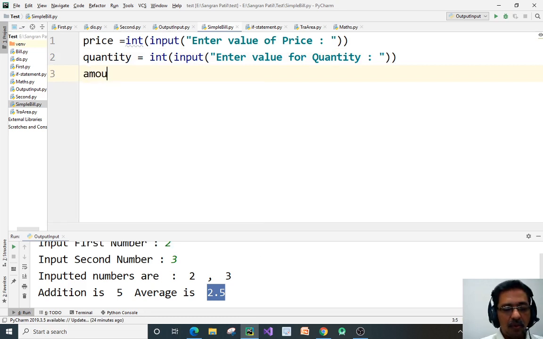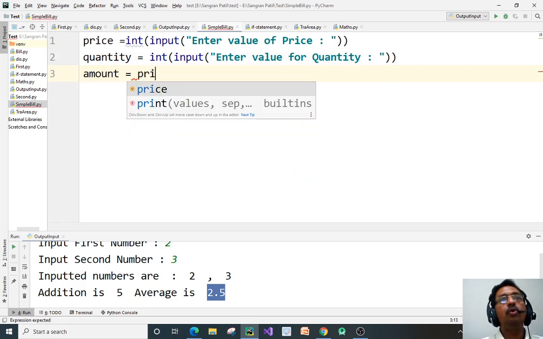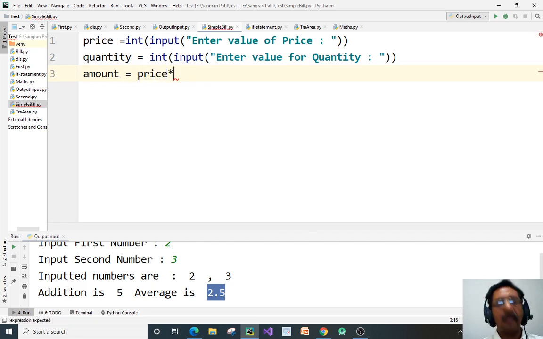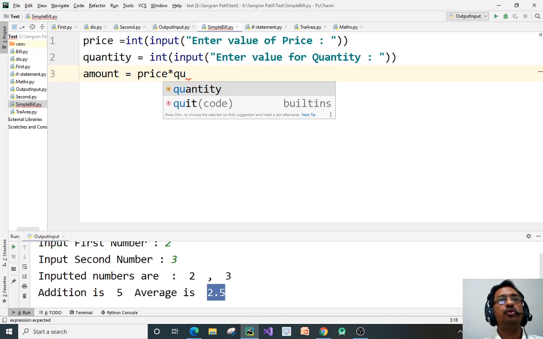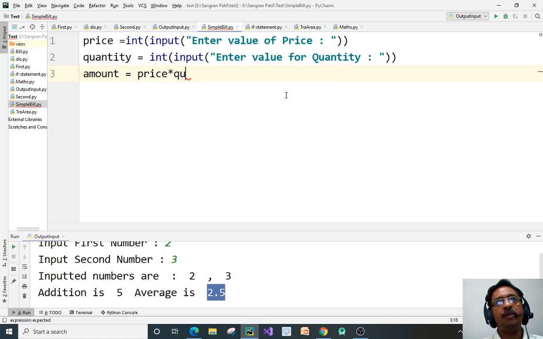Then we have amount equal to price, you press the enter key, star quantity. Press enter key, because if I type QU it gives me directly quantity. Check here, this gray suggestion is there on quantity, I can press the enter key directly and it types this as it is.